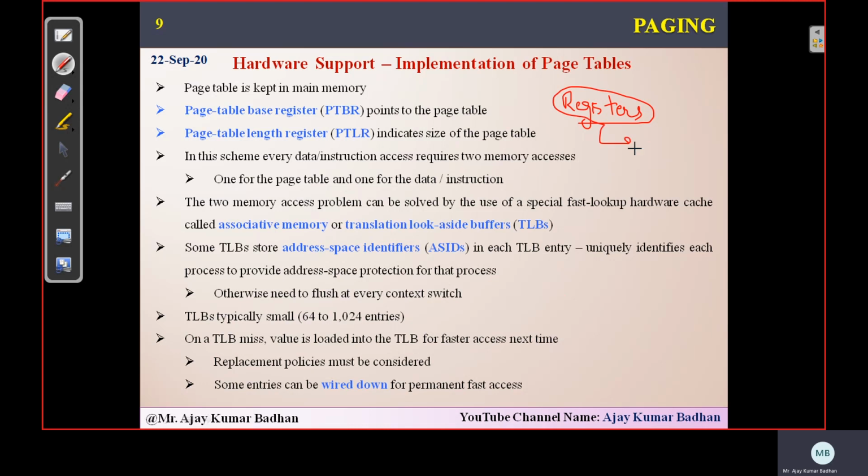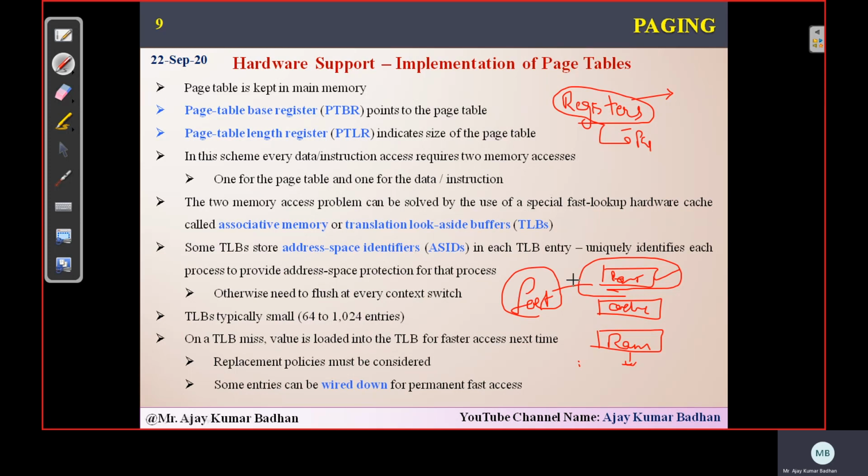The first method they use is registers. So using registers, this will be associated with every page table. Your page tables will be placed in these registers. But if you remember in the first unit, we discussed the hierarchy of your storage. On the top we have registers, then cache, then finally RAM, and then the remaining. When we discuss registers, they are one of the fastest devices. Since it is hardware, it can be accessed very easily and very quickly.